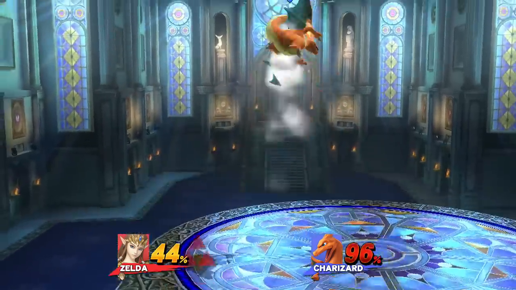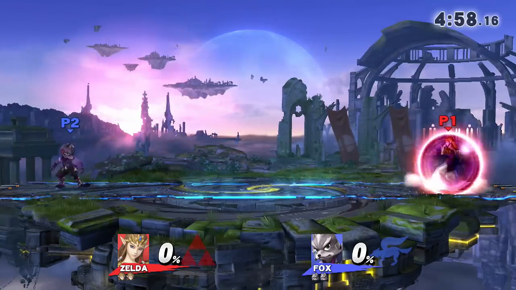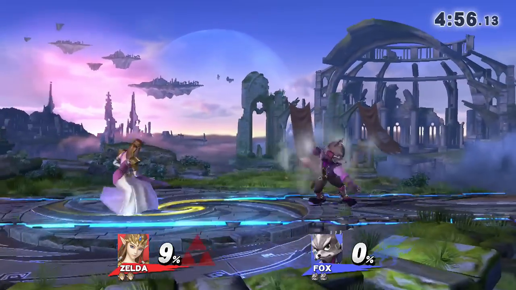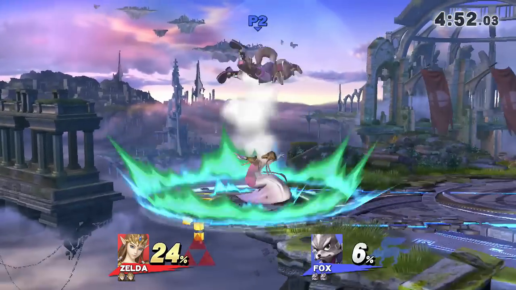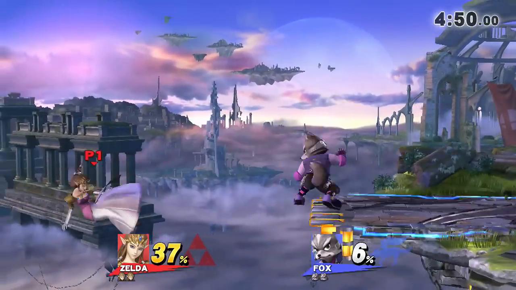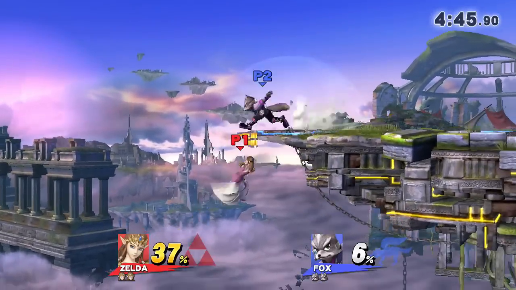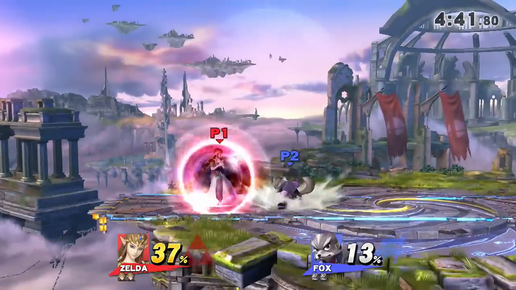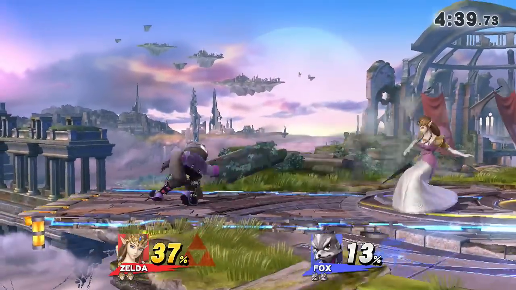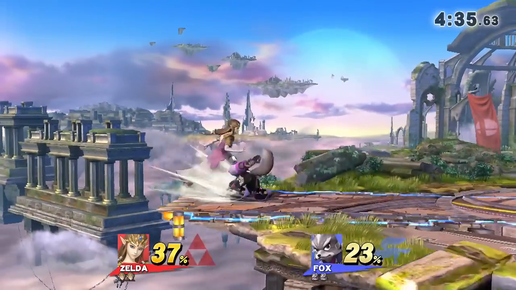And she packs a punch with that up B. That wind can knock someone out. As you can see, with just a bit of rage, able to take out that Charizard at not too high of a percent when you're comparing kill moves. It is her strongest move. It's going to be one of your main kill moves, and is also a great defensive option to get out of edge guard situations by teleporting behind your opponent, or, especially if you're not on For Glory and you have platforms,